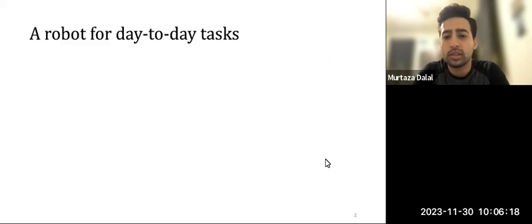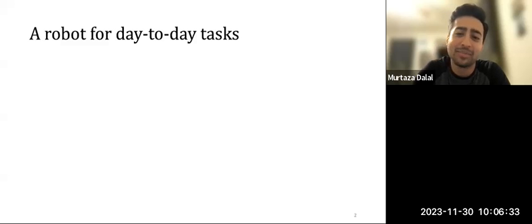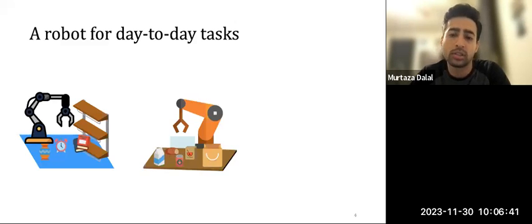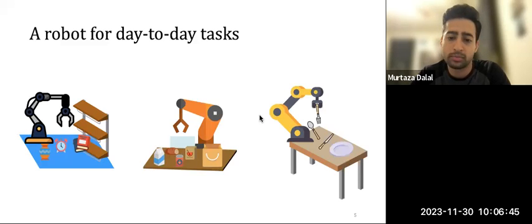So imagine that you have a robot that you want to use to complete your day-to-day tasks. Maybe, as I imagine a lot of the people listening to this talk want, to have more time for research. Just kidding. I hope it's to do other things. Maybe you want to have the robot clean up your room by arranging things neatly on your shelf. Maybe you want to pack up your lunch into your lunch bag, or set the table in preparation for dinner.